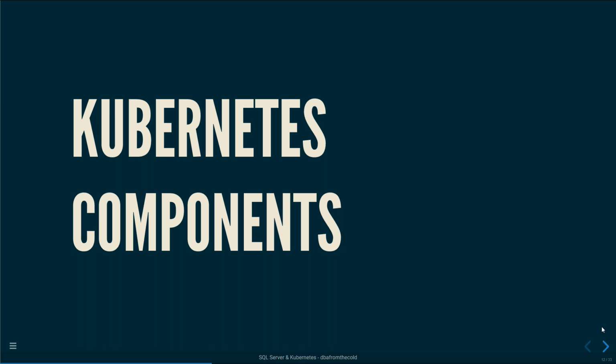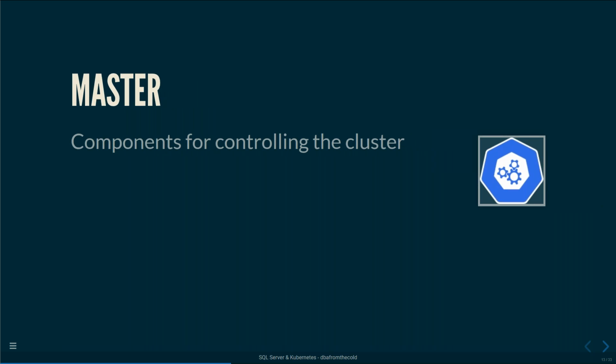So we have deployed using 2 commands and got our SQL instance up and running, and we can connect to it locally. Now we have a one node Kubernetes cluster running on our laptops, but that's not really how Kubernetes works out in the wild. You will have a cluster with more than one node on it, and there are 2 different types of nodes, starting with the master node.